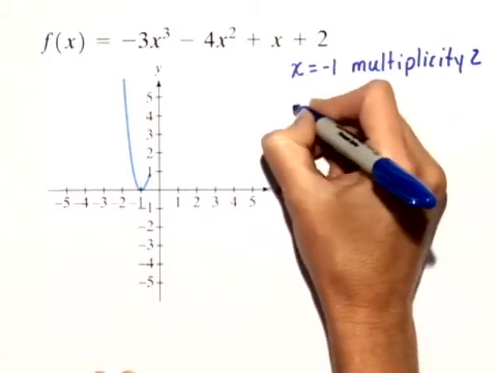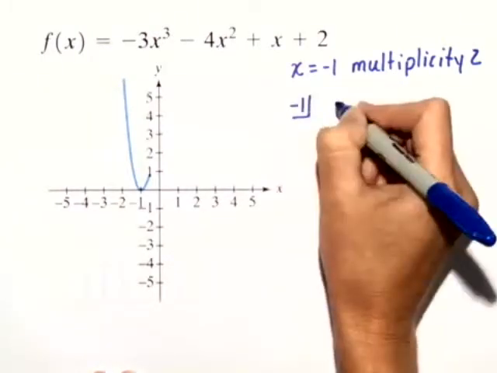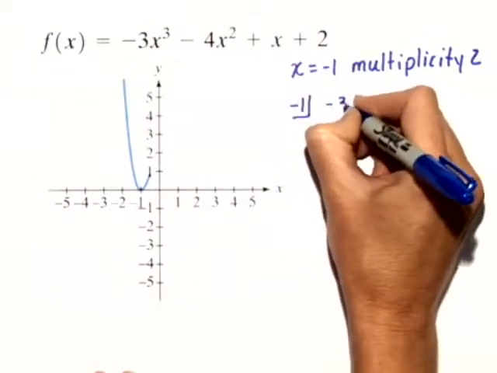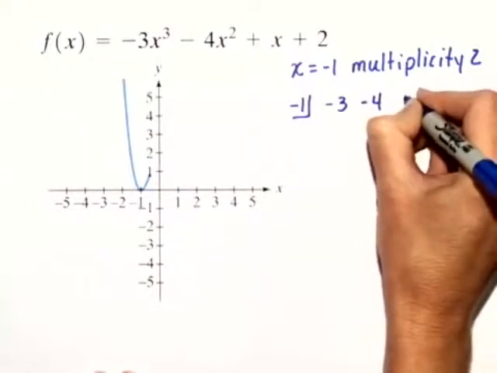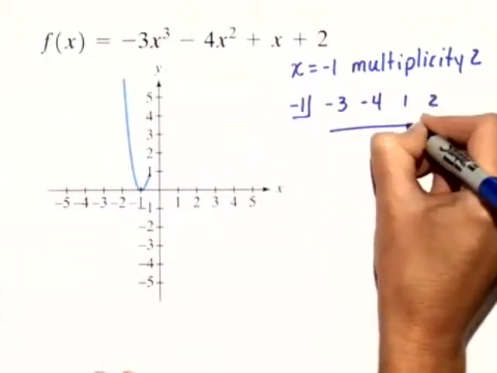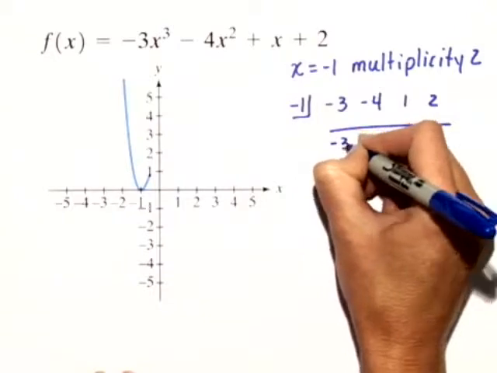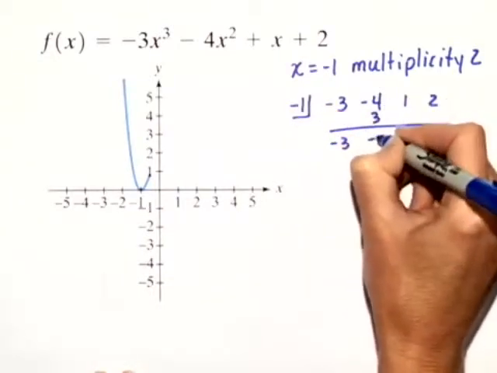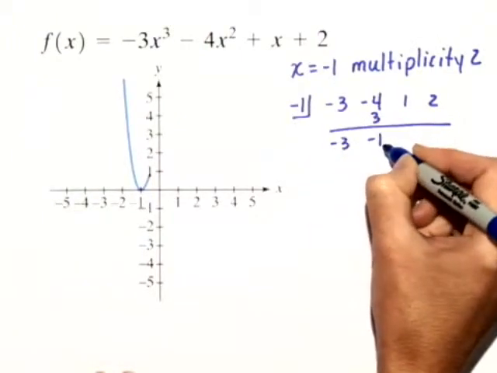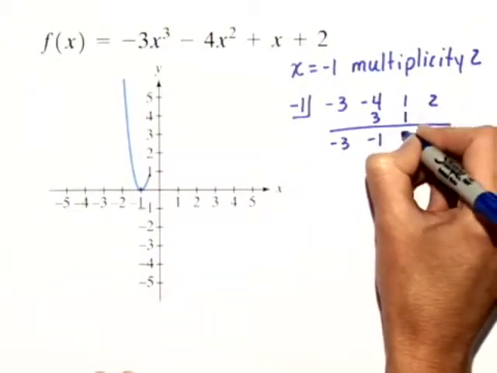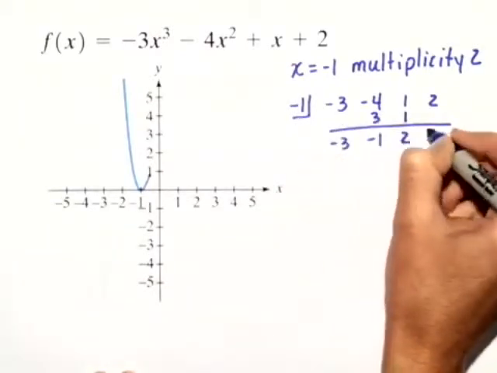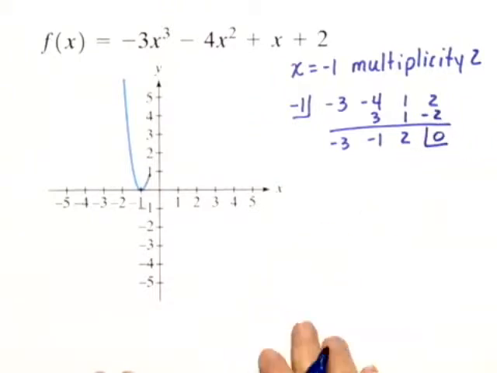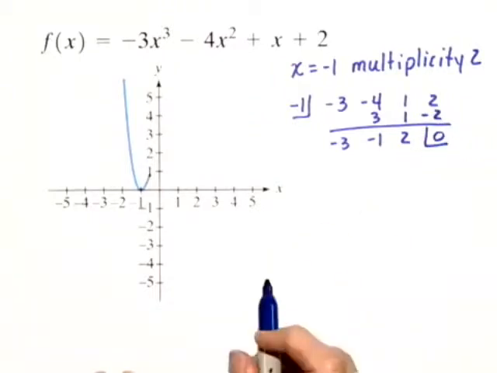So we have negative 1, which we know is one of the zeros or the roots, and we'll use synthetic division, starting with negative 3, negative 4, 1, and 2. We'll bring down the negative 3. Negative 1 times negative 3 is 3. Negative 4 plus 3 is negative 1. Negative 1 times negative 1 is 1. 1 plus 1 is 2. Negative 1 times 2 is negative 2. When we add 2 and negative 2, we get a remainder of 0,